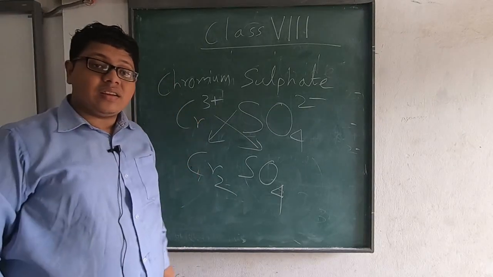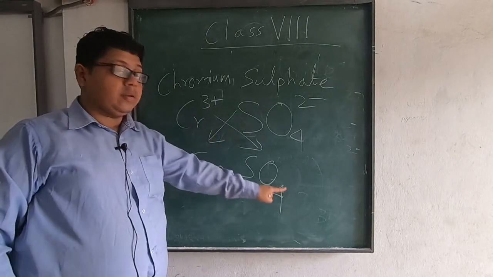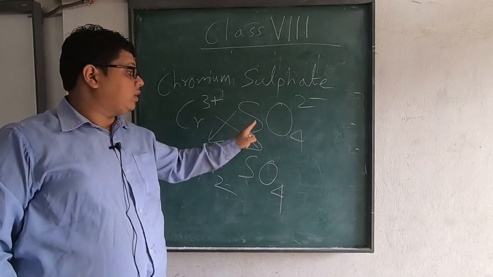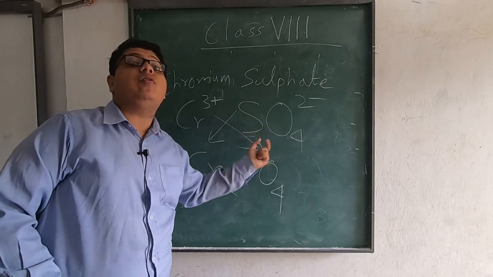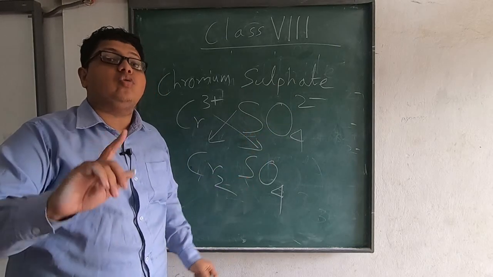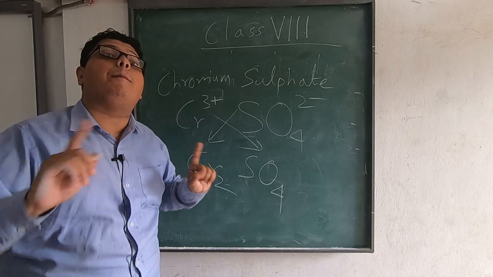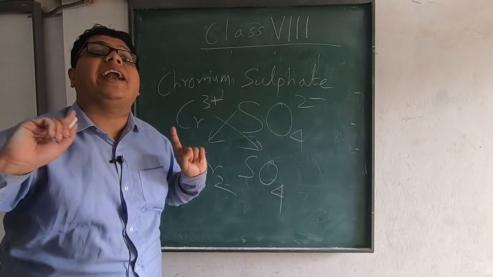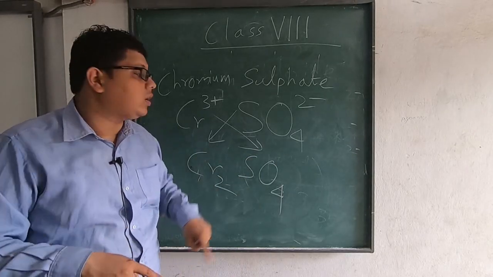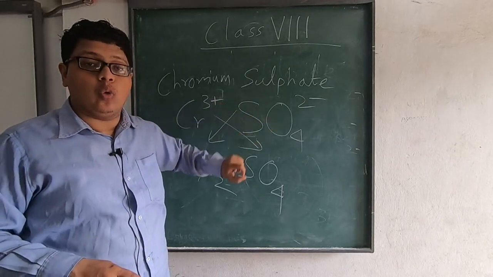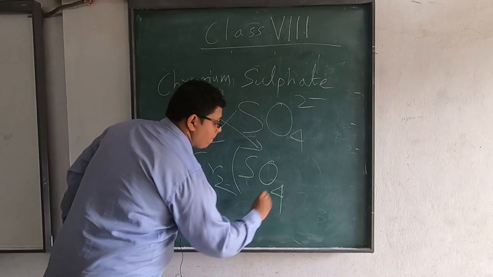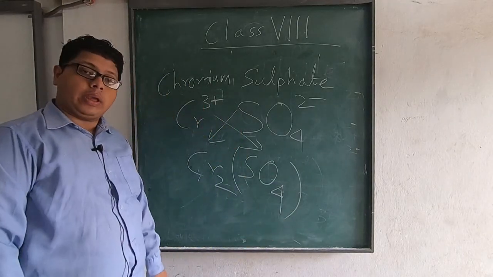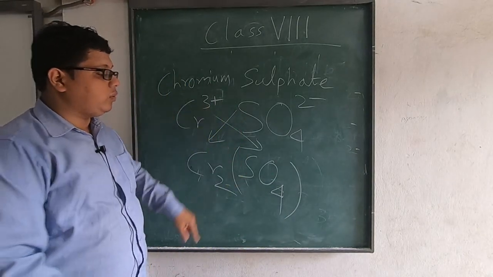However, this 3 is there. Now this 3 will go where? Here. But again you remember, SO4 2 minus. SO4, there is a group of atoms here. It is not a simple radical, it is a compound radical or polyatomic radical. Means there is one S, there are 4 O. It is a group. In this kind of case, we need to give a bracket. So if you give a bracket, then the 3 we will write here.